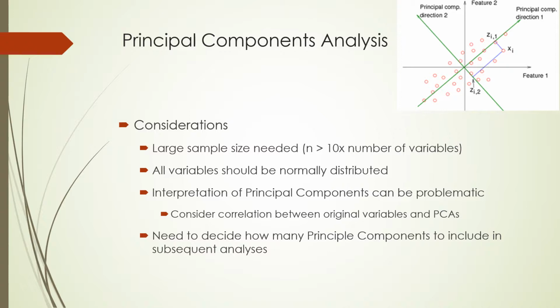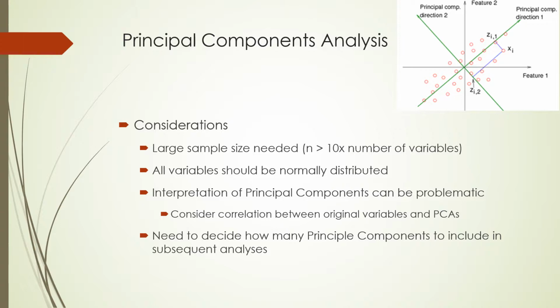You are also assuming that all of those variables are normally distributed, and that often is not the case, especially when you start getting to measurements on individual species of vegetation. For instance, a particular species of grass or forb may not be present at most of the sites where you collect your measurements, so those will all be zeros, which then immediately causes problems for normality. And as I talked about, the interpretation of those principal components can be problematic,